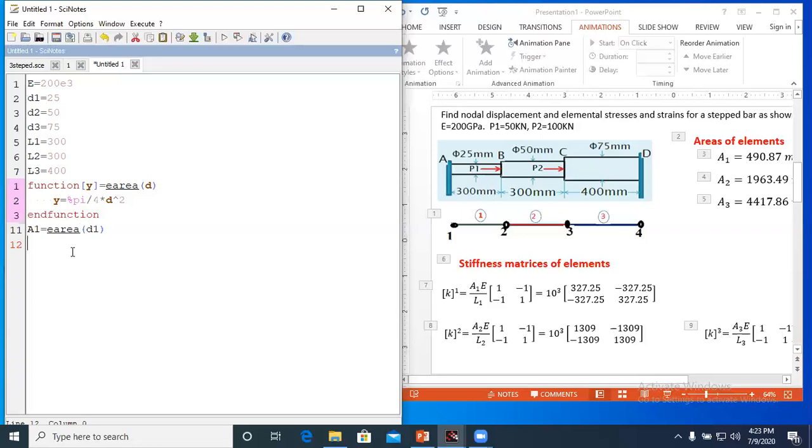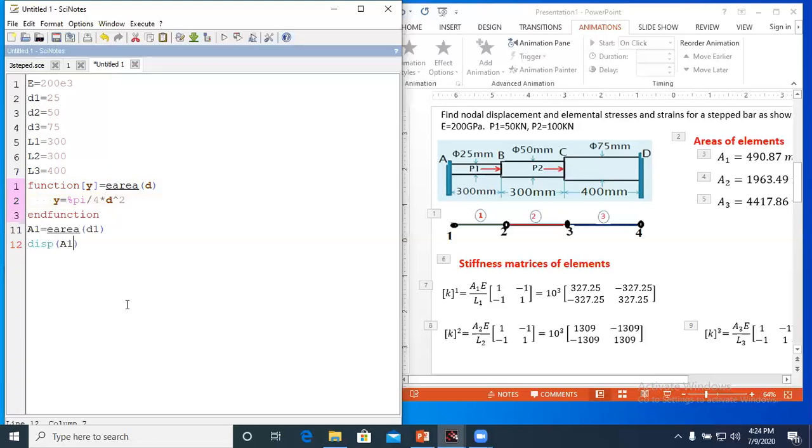Now how it will work, I will show you. So here if I write a1 is equal to e area d1, d1 will be transferred to this d, and it will calculate this pi by 4 into d square, that is d1 square, and this value of calculation will be assigned to y, and y is returned to this a1.